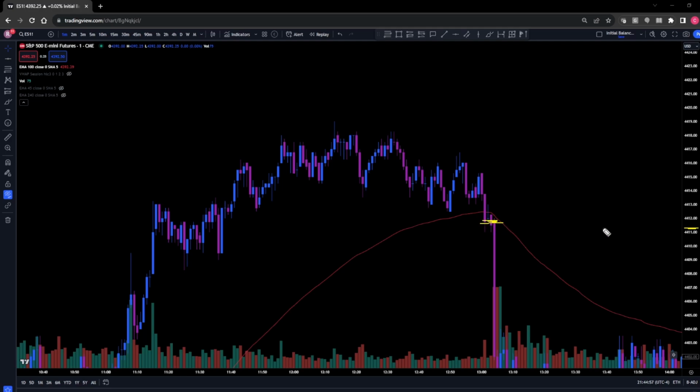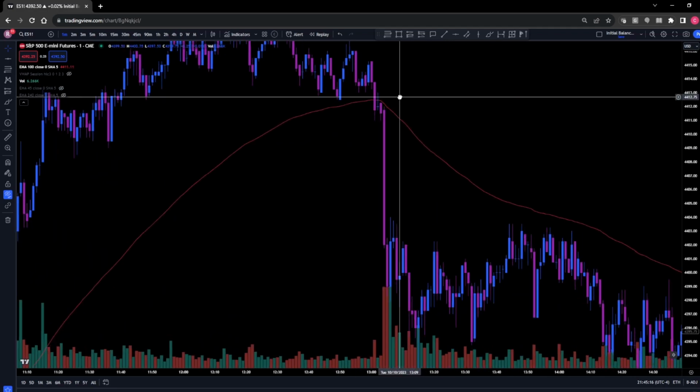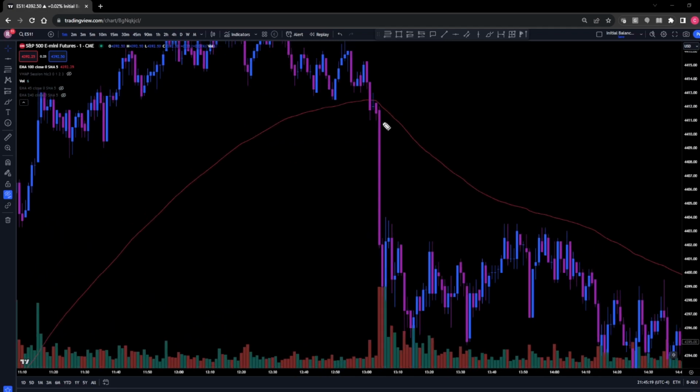So what I wanted to see is I wanted to see this, and then I wanted to see it break down. I did not want to see it do that, but I'm going to show you where my stop would have been in this area. It was a low risk trade. Now, one thing that I will mention and I will admit is that I did not anticipate that this was going to break down that quickly. I was anticipating more than anything that maybe it slowly breaks down. I could have taken a partial, and then I set my stop at break even for the rest, and then I let it work for potentially the next target, which for me would have been,